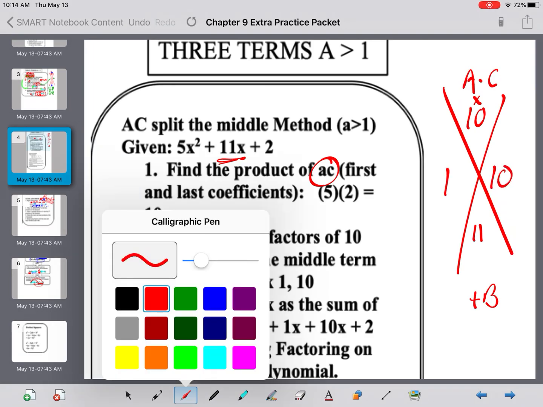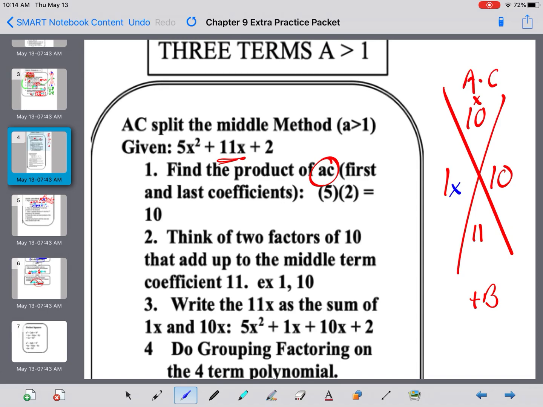But here's the change, folks. You got to slip, I guess we're using the variable x here in this problem, you need to slip x's with that. That makes 11x. 1x and 10x is 11x. So we're going to rewrite